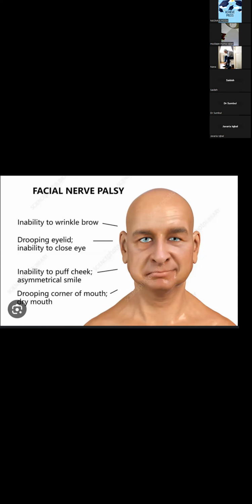Doctor, my question is, have you finished, doctor? Yes, I have finished. Okay, how could it be a lower motor neuron lesion? It would be affecting the brainstem. If it is something in the brainstem or in the CNS or at the level of the spinal cord, it is upper motor. Yes, this is a very good point, because when the lesion is in the brainstem,